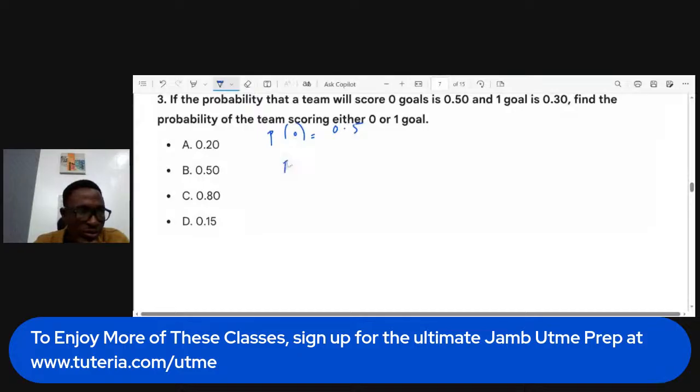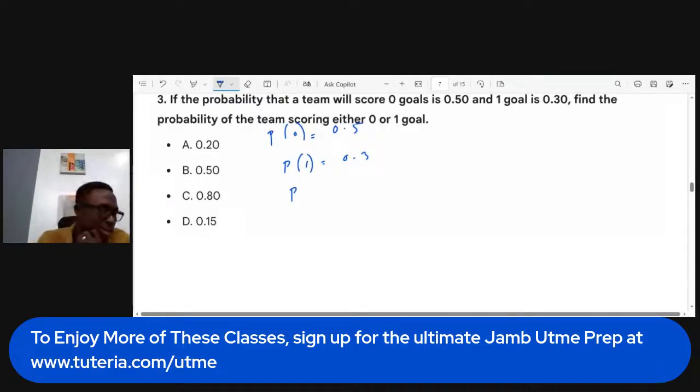What is the probability that the team will score either 0 or 1? It is simple, I already gave it to us already. Who can tell me what? Can someone drop it in the comment section? All right, Joshua, please, can you comment? I'm saying you don't understand. What is it that I don't understand, please? Let me know. You just drop it in the comments so that I can go over that again.